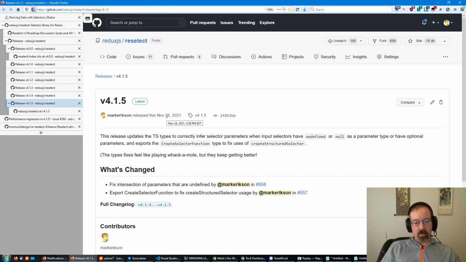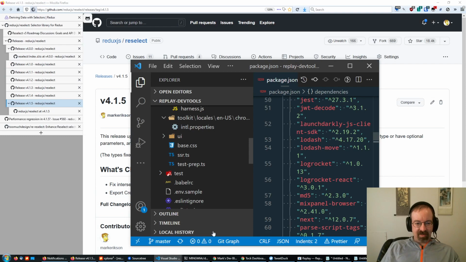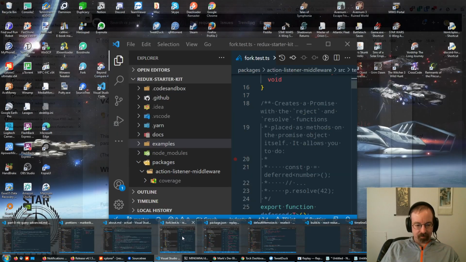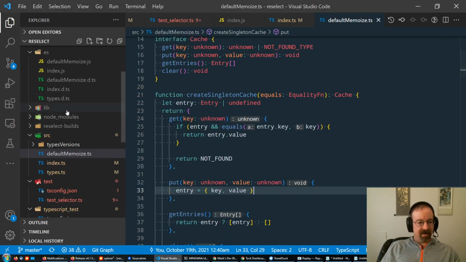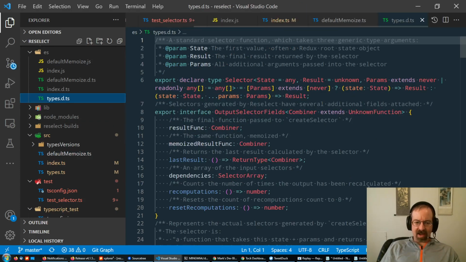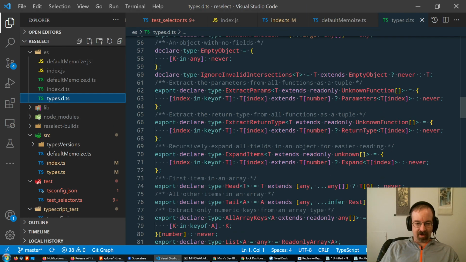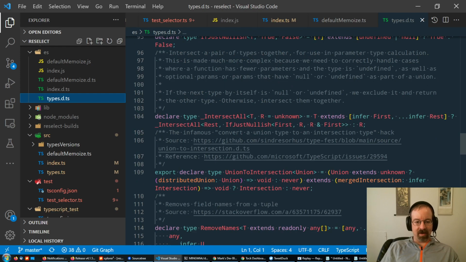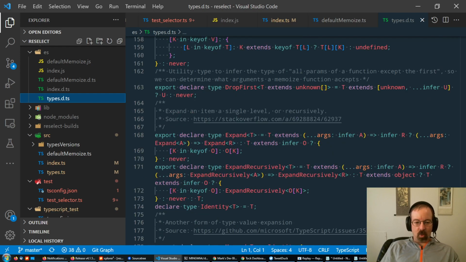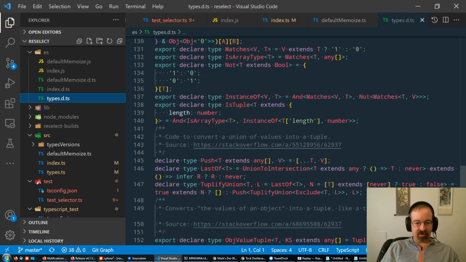So at this point, 4.1.5 is the last release. It's been out there for a couple months now, and it feels like things have mostly stabilized. I spent a lot of time scratching my head over the type definitions, a lot of time asking people smarter than me for help. The type definitions at this point are very, very complicated. I'm not going to bother trying to go through them because trying to explain them would be a multi-hour stream in and of itself. But the core of the current type defs